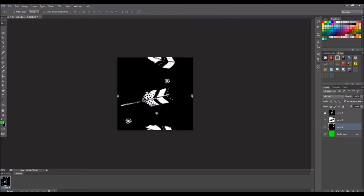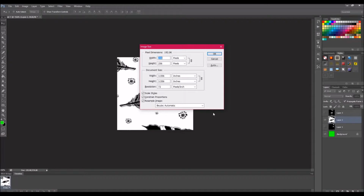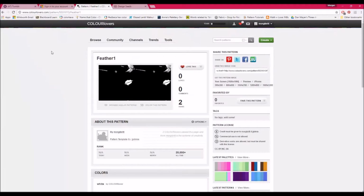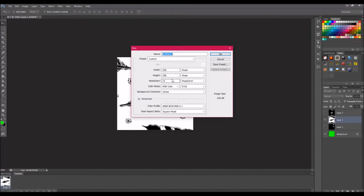I'm going to start with this one just because I think it shows more of the pattern. It's easy to see what you're doing. So it's good to check the size that you're working with. In this case it's 256 because this is the already sized up one that we did before. If you use the preview one, then that would be 200. But you're going to go File, New. And so if it's 256 that I'm working with,